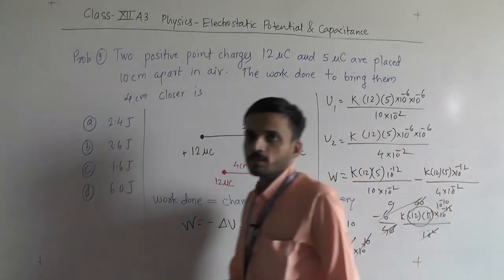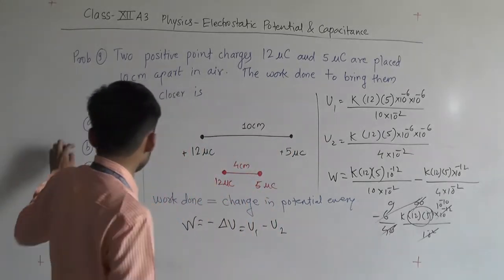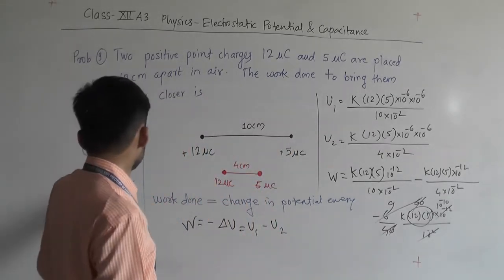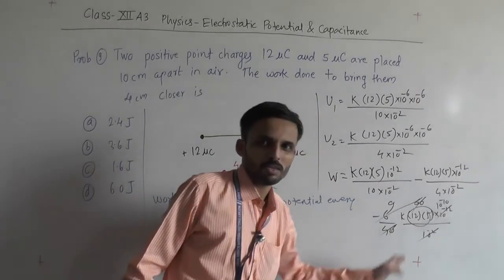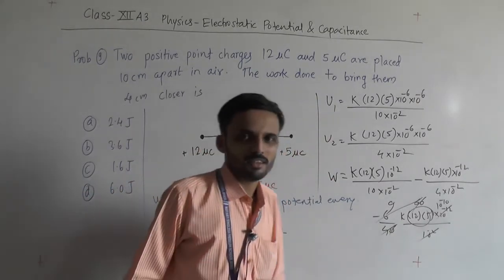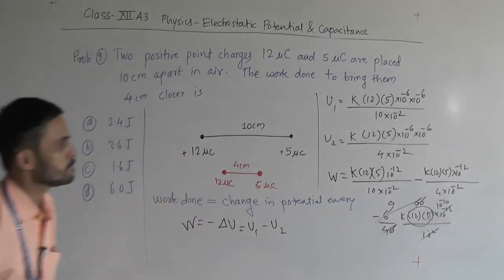आई होप यू हैव अंडरस्टूड दैट. This will not come as the answer. Out of this, the answer will come. I think 6 or 1.6, something like that, it will come. I don't know. I have not done it completely because calculation is not a big difficult task. You can do that. Okay. So I'll suggest you to note this down.